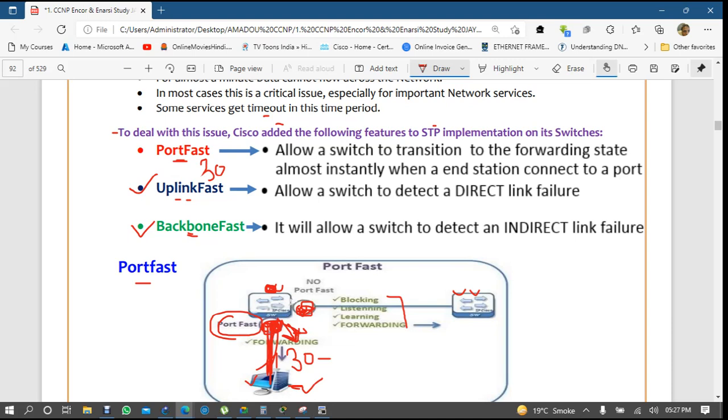But if you enable PortFast on a trunk link, what will happen? Maybe there is some switch with a hacker. It will try to compare with you. Your MAC address is lower, your priority is lower, you are root, but you are not here to compare with him. So if your port is